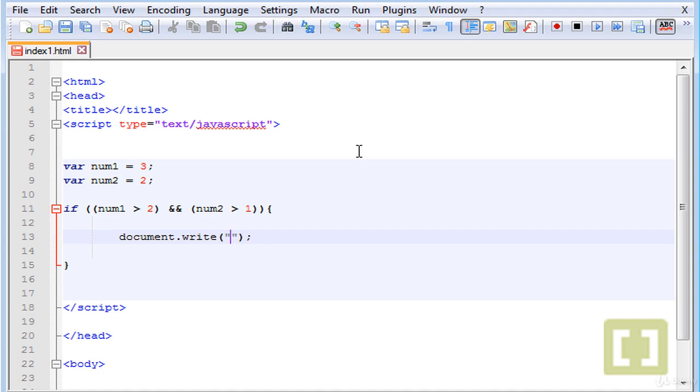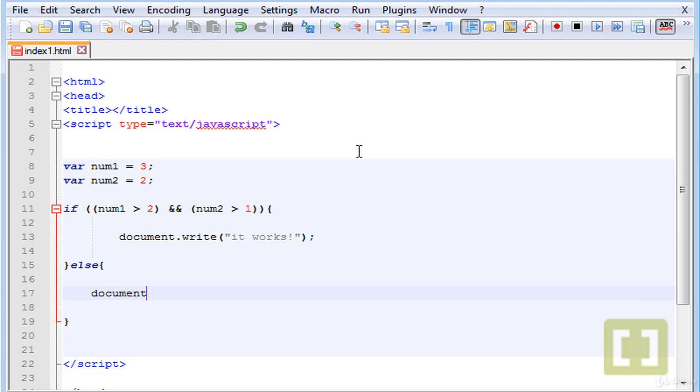And here we can type "it works", else document.write "the condition is false". Okay, so let's save this, and basically we hope that it will work because we're saying if number